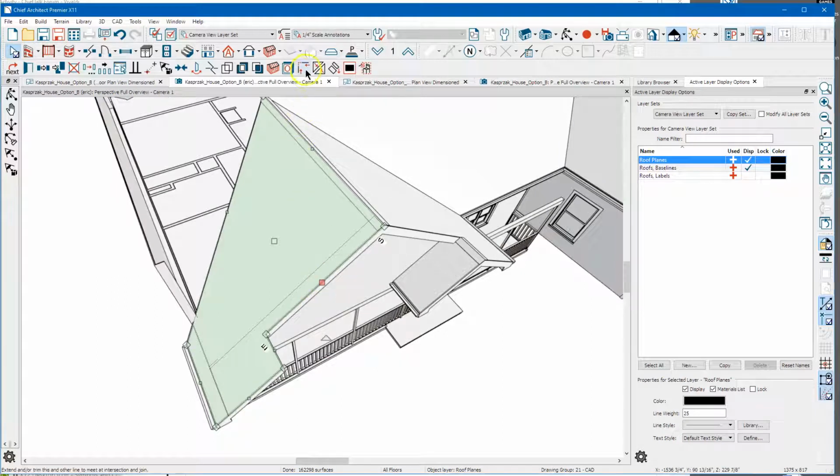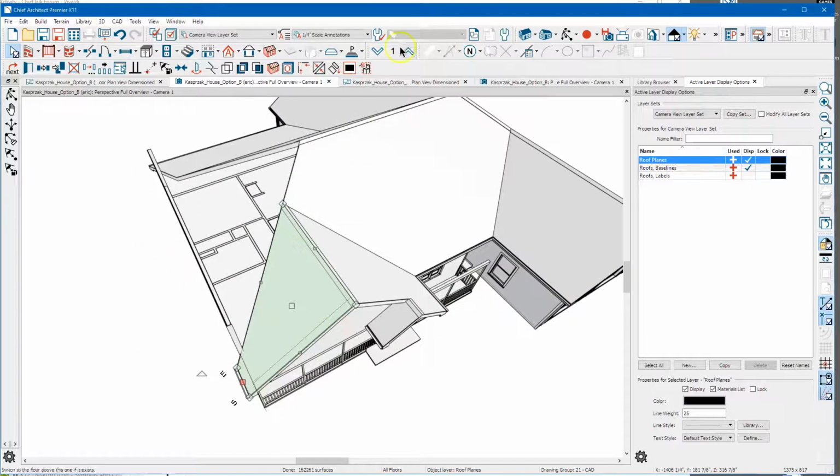And I'm going to use this tool right up here. This is the edit toolbar. I've just drug it from the bottom up here to the top. So I'm going to use this tool right here. This is intersect join two lines. I've got it as a hotkey on my keyboard. And so I'm going to go down here and click right here. And you can see how that joins just what it says. It joins this line up here to this line down here. So now we've got that